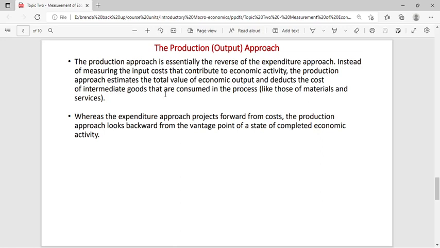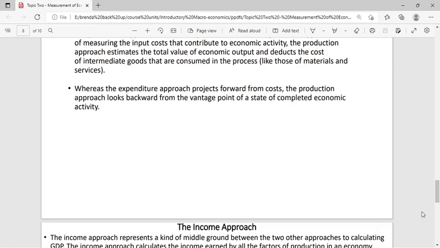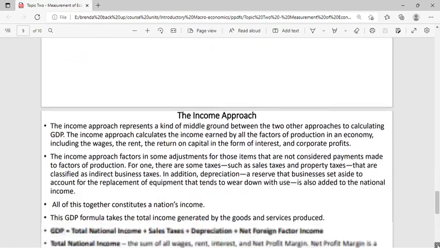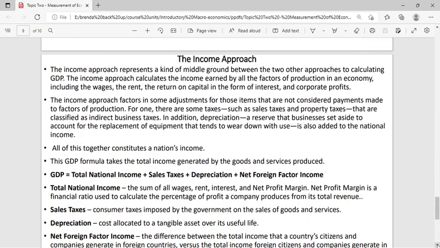So in other words, when you're calculating for GDP, we sum up all the monetary value of all products. So that is products by private individuals, by government, and by nationals or foreigners, but within the boundaries of the country. So then the other approach is the income approach,